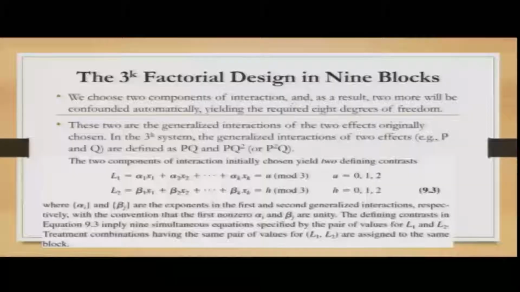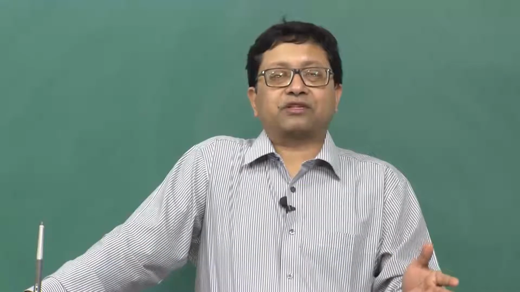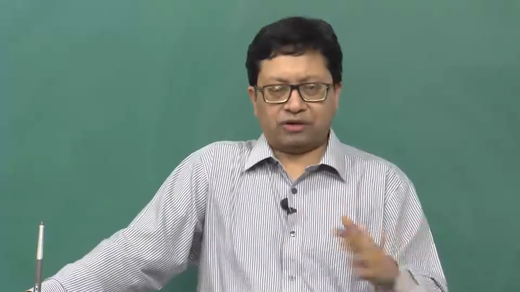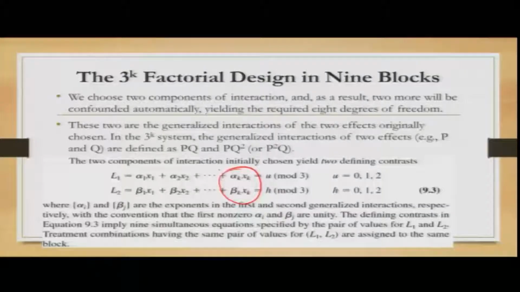So, here alpha i's and beta i's are the exponents of the first and second generalized interaction models respectively, with the convention that the first non-zero alpha i's and beta j's add up to 1. Technically you will try to find out, even though it has been mentioned as k, it need not be k, in the sense that the set of x's and the set of y's, so the corresponding sets of alpha i's and beta j's may be different, where i can be, for example, from 1 to k and j can be, for example, 1 to L, whatever the combinations are. So, through this you will find out the best effects in different orthogonals.